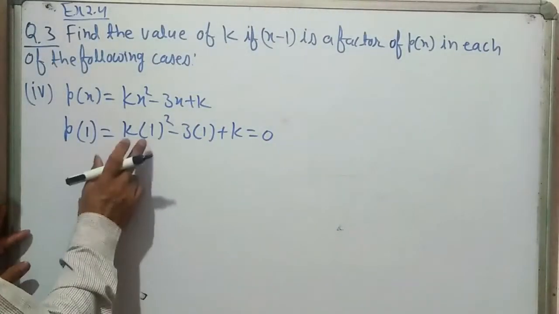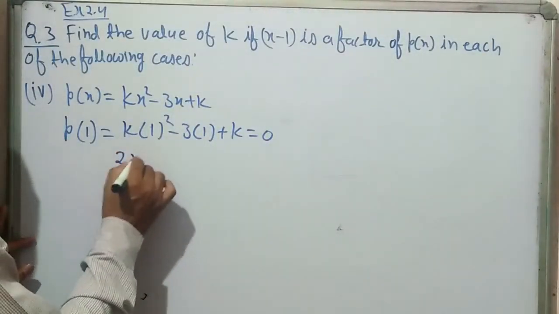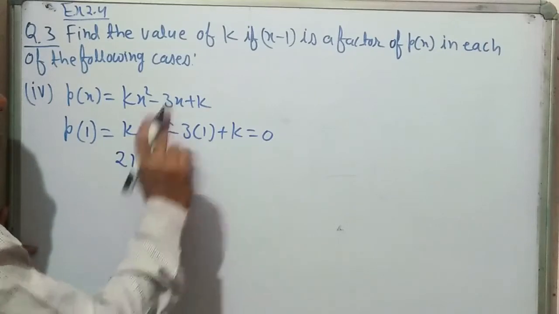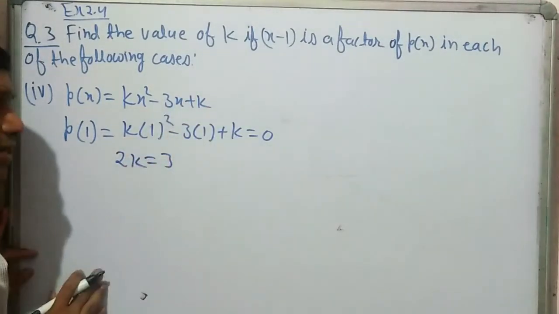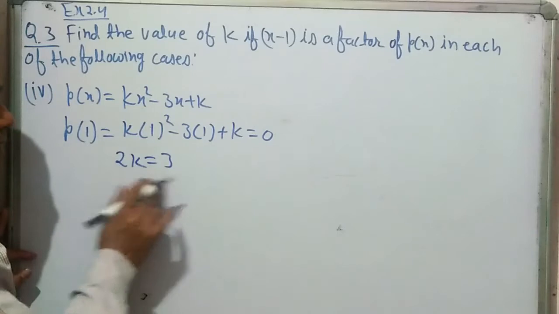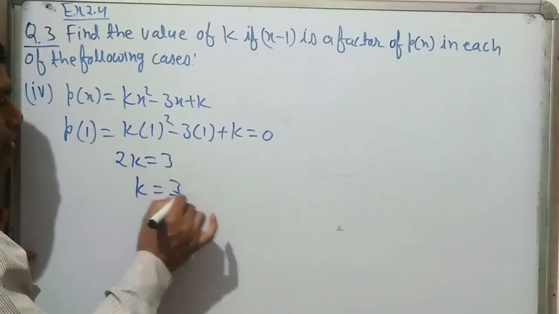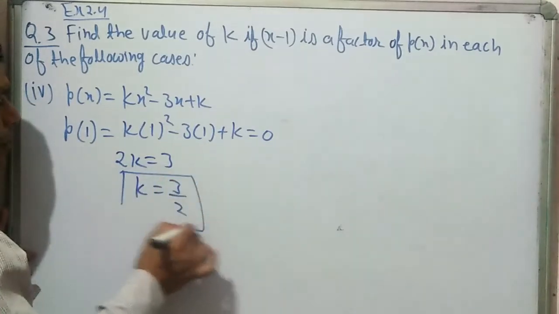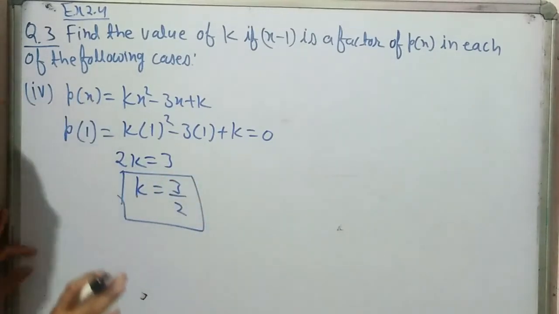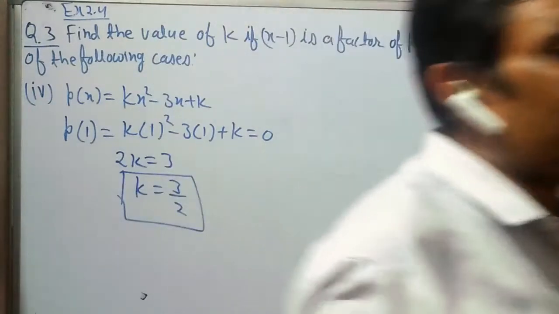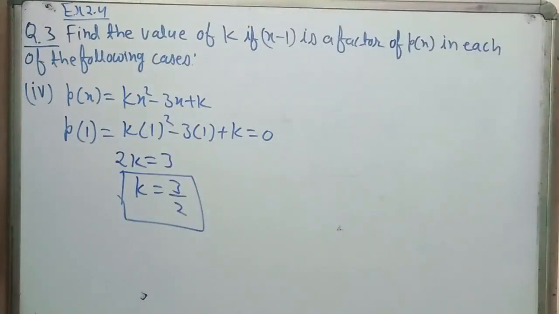What shall this give us? k plus k, twice k. This negative 3 to the other side. Take this 2 downwards, we get k equals 3 upon 2. So for making x minus 1 a factor of this polynomial, the value of k should have been 3